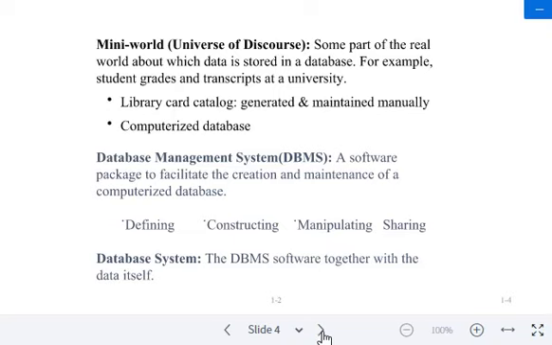Okay, so a database represents aspects of the real world. Whatever aspects of the real world it represents, we call it a mini world in database terms. Mini world is also called the universe of discourse, in short UoD. So if there is any change in the real world, that change has to be brought